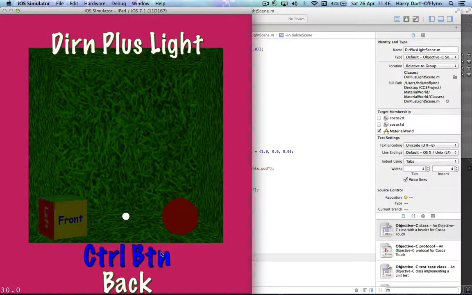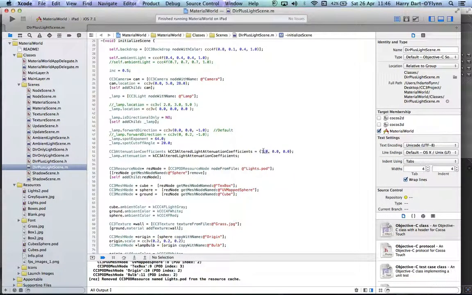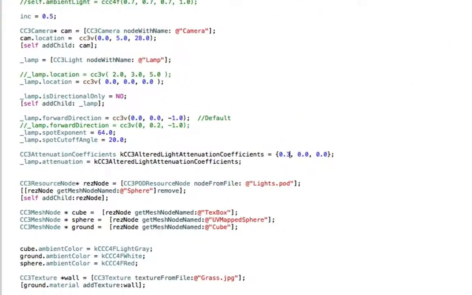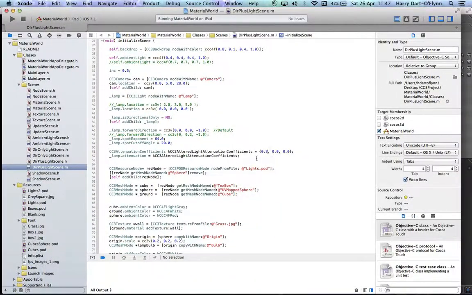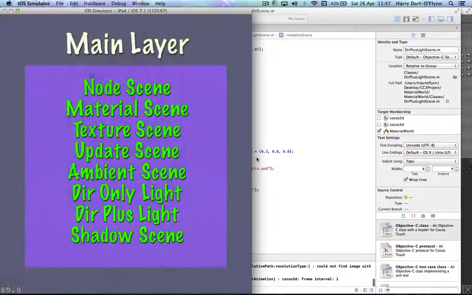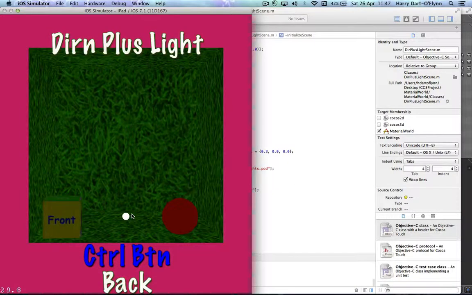Now at the moment you can't see a whole lot. I need to brighten up the light a bit, so I'll go down here and put that to 0.3 or something like that. See if it will give us anything. I think we need to rotate it actually, because one of the problems is there probably aren't enough vertices on the back